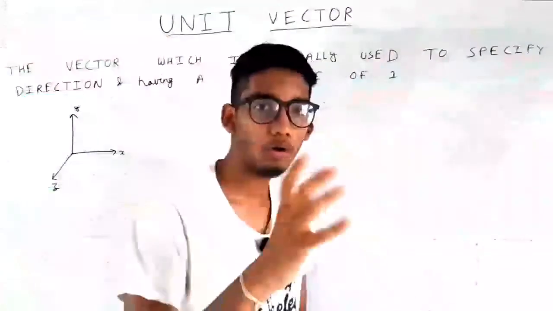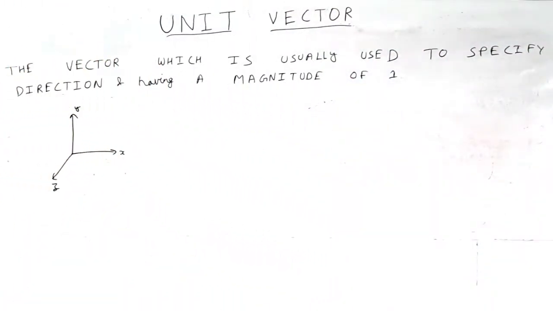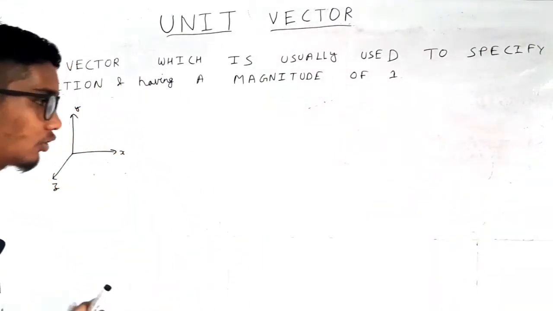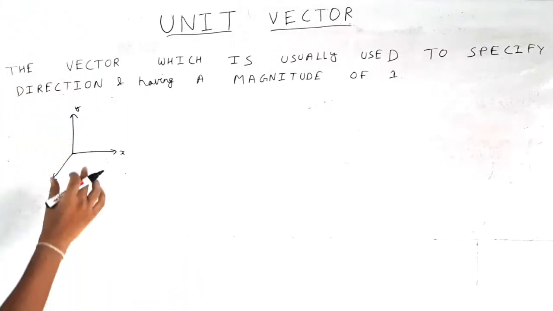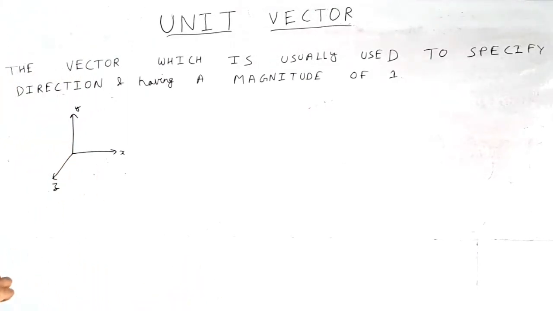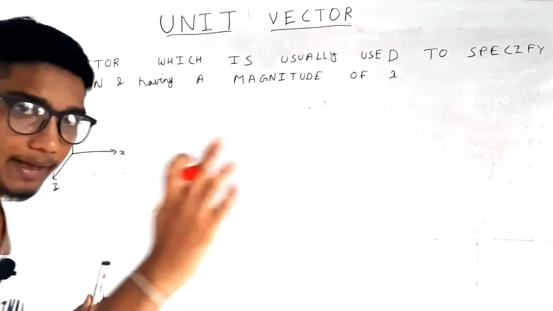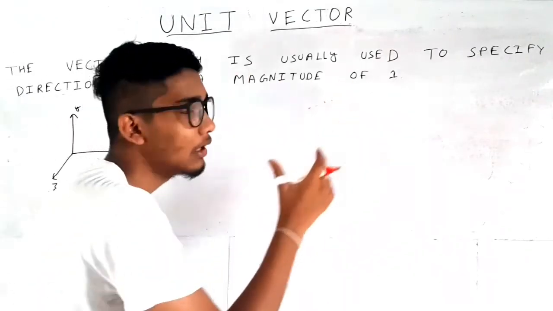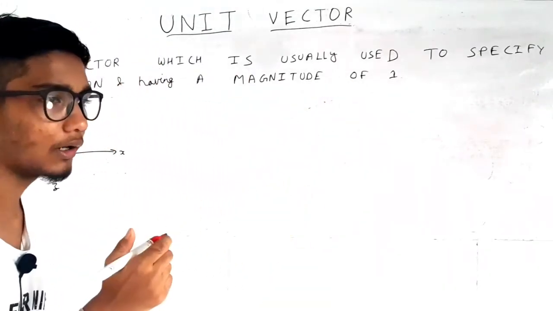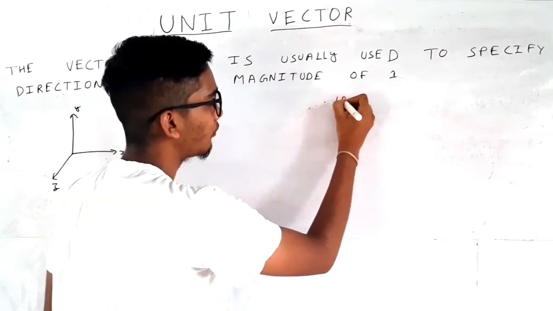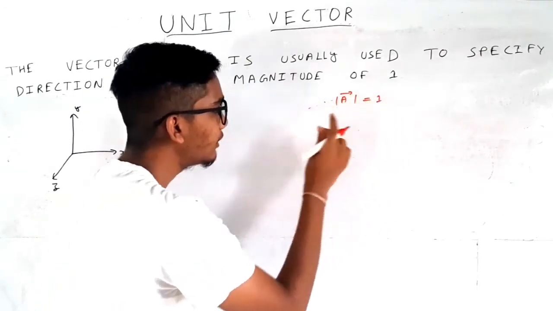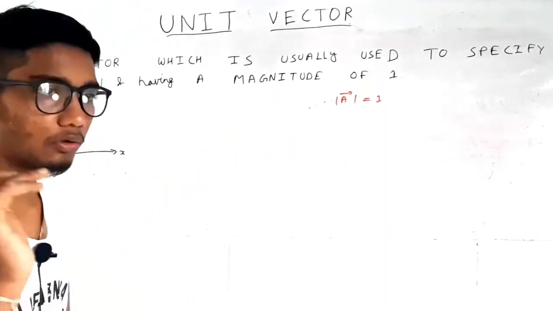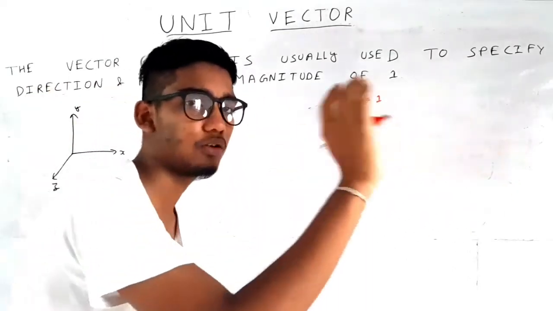Now let's study about orthogonal unit vectors. What is orthogonal? Orthogonal means the x-axis, y-axis and z-axis are taken in an orthogonal condition. When we take a unit vector in the direction of the x-axis, what is a unit vector? A unit vector gives direction and has a magnitude of 1. Why a magnitude of 1? If it has a magnitude of 1, then it does not interfere with the magnitude of any vector. It also always gives the direction of that vector.